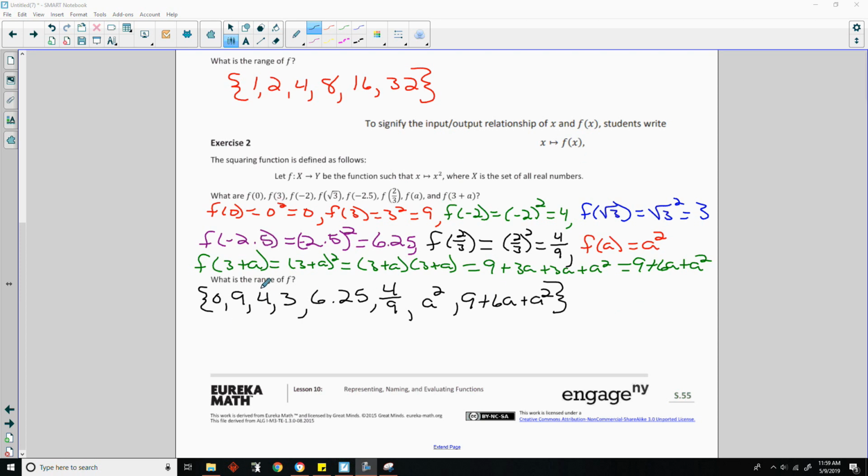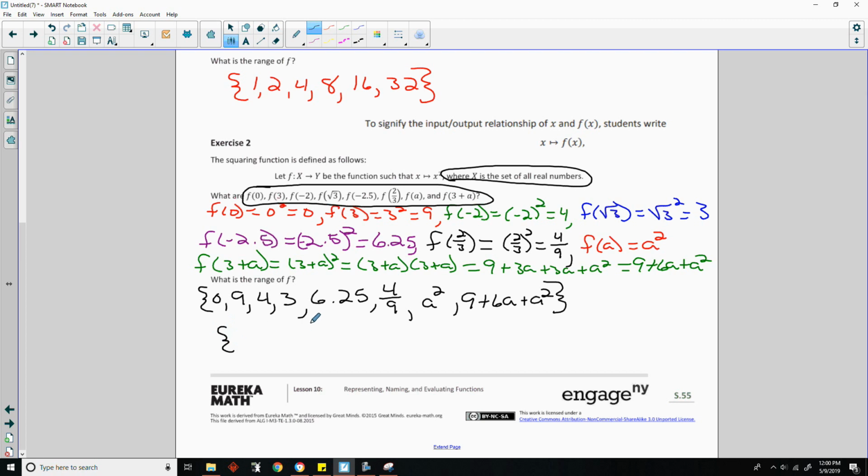This would be the range if we were speaking of these only being our domain. If our domain was just 0, 3, -2, square root of 3, -2.5, 2/3, a, and 3 plus a, then this would be our range. But here it says where x is the set of all real numbers. So that means I can plug all real numbers in and square them all. Okay, so my range in that case is